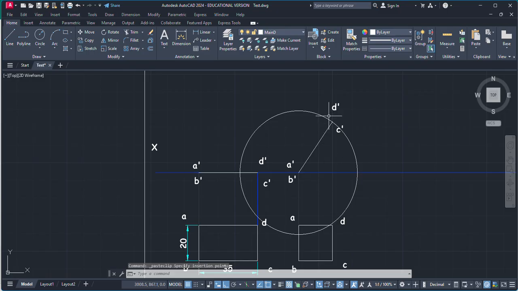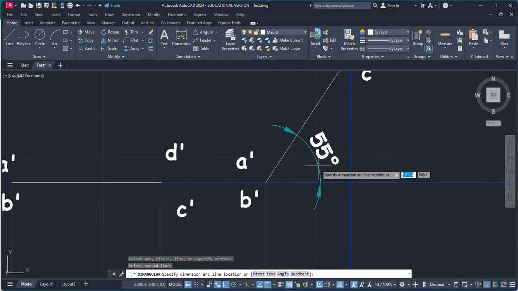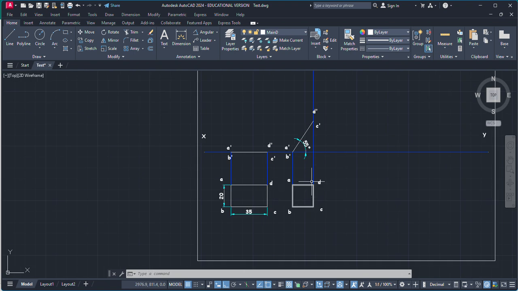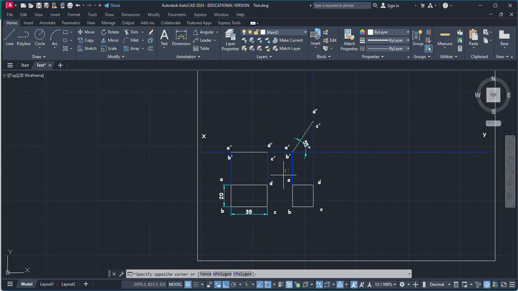I need just this intersection point, so I'm going to remove this. Okay. Now you can check at what angle it is inclined so that the top view appears as a square. Just check it from here. This is 55 degrees. So if we rotate this rectangular surface 55 degrees with HP, the top view will be a square. Now, as per the third condition, the resting edge should make an angle of 30 degrees with the VP. So just copy this thing